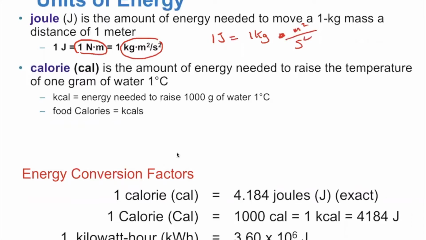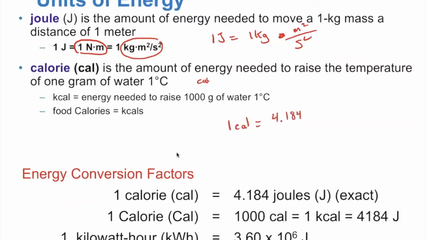Another unit that you have is the calorie, which is lowercase cal, and it's another commonly used unit in energy. A calorie is defined as the amount of energy needed to raise the temperature of exactly 1 gram of water by 1 degree Celsius, which is 1 calorie, so 1 little calorie equals